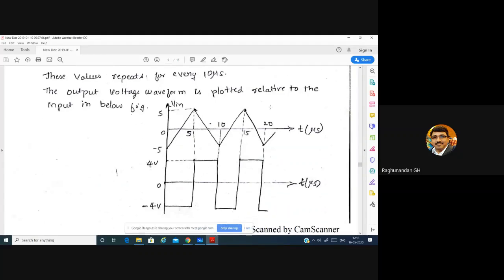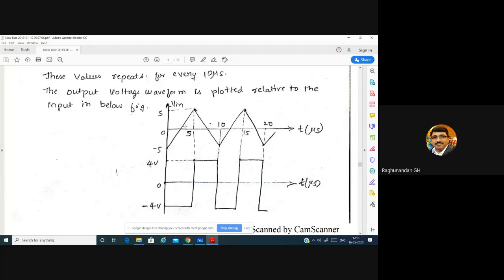So now we'll plot the graph. While plotting the graph, first we plot the input signal, and for -5, what is the value we are having at the output? For -5 input, we have got -4 as output, V naught. For +5, we got +4. So it will start at this point only. It starts here, and here it is going to this point.